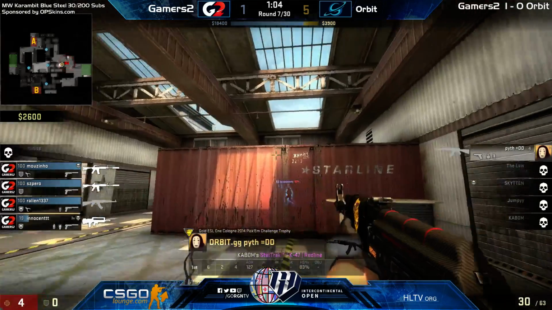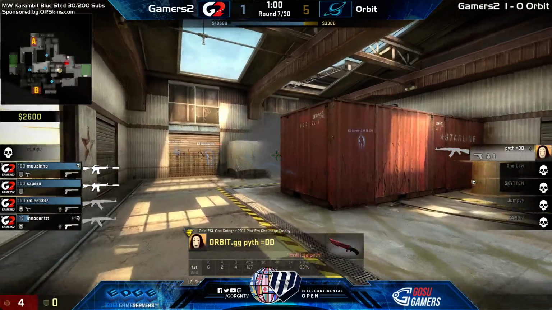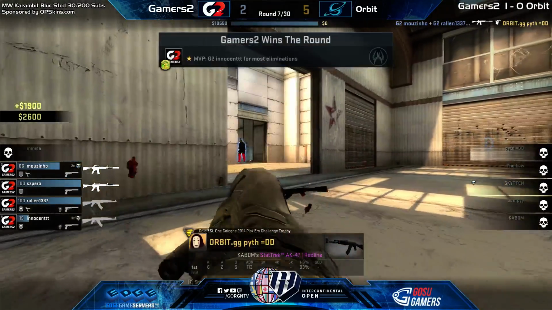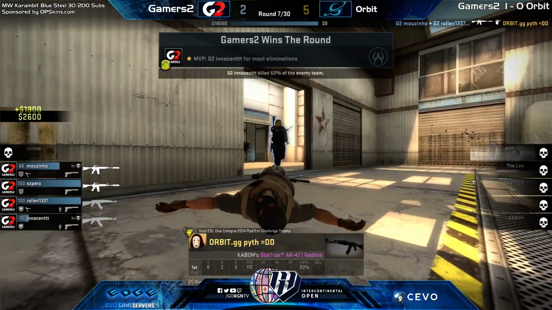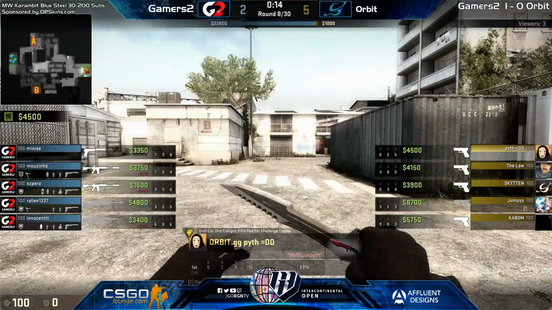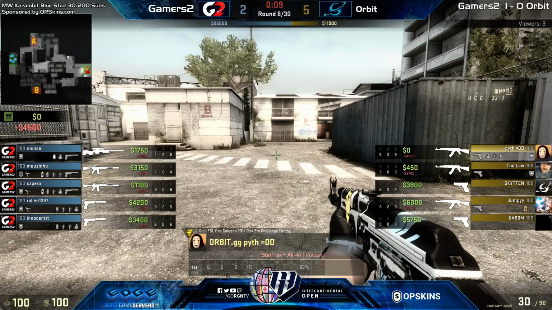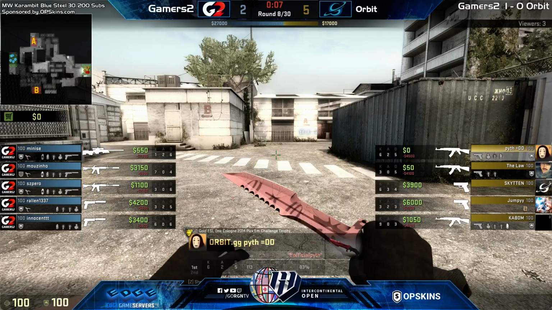Yeah, looking pretty grim for the terrorists. I think at this point, you're going to just want to do as much economical damage as possible. Hopefully kill Innocent. Oh, but too late. Mouse with the aggression, with no sounds on his side of the map, able to push up and catch the bleeding internally terrorist. Yeah, now we do see another buy here from the T side,